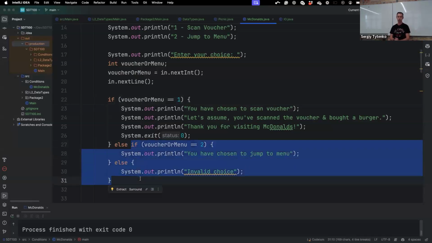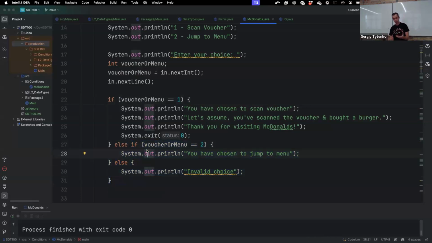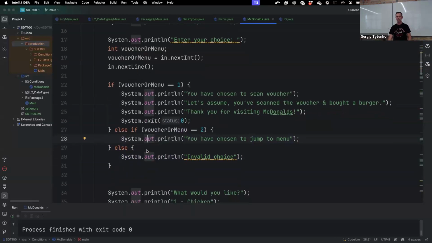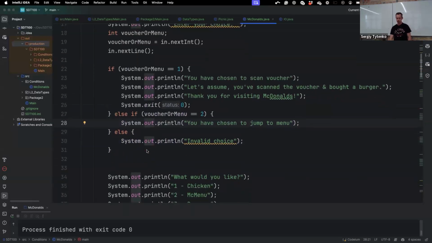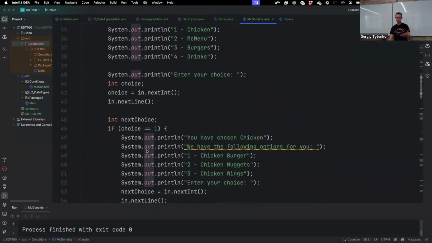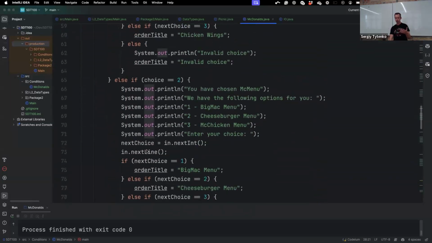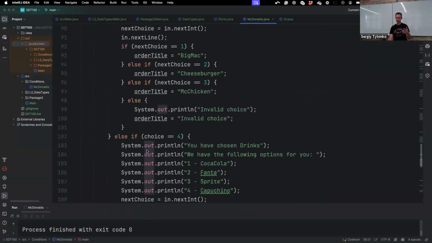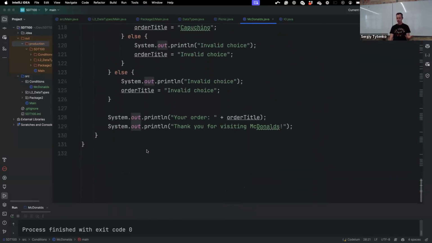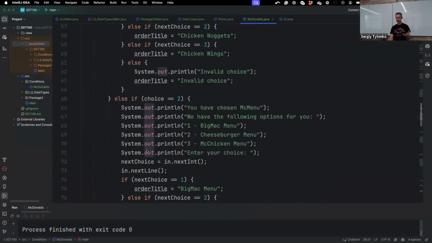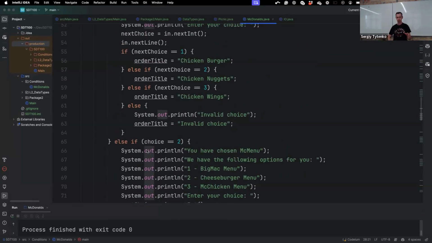However, we start from a complex example. In this case, we have another if inside our first if. I will explain it in a few moments, but let me just jump into other parts of this code and show you how it looks. We have many ifs inside the if. So we could have this hierarchy of conditions. And because of that hierarchy, we could model sophisticated behavior of our program.